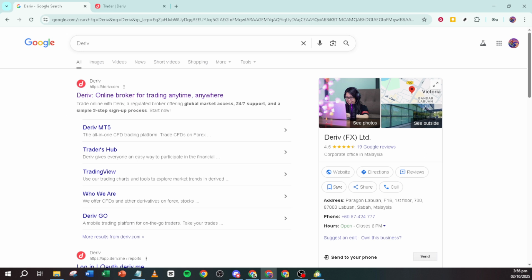Choosing the right broker is crucial because not all brokers offer the same features or cryptocurrency options. So take your time browsing options like FP Markets, AvaTrade, or Deriv, which are known for offering Bitcoin trading services on MetaTrader 5. Next, you'll need to set up a trading account with your chosen broker.